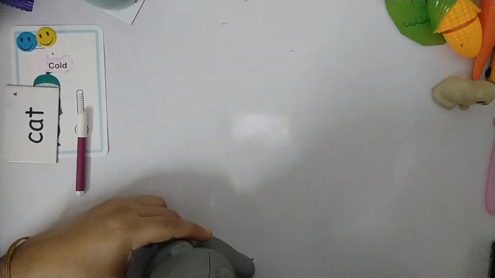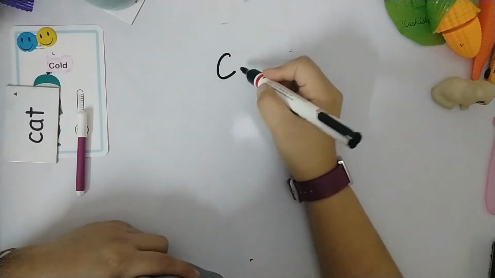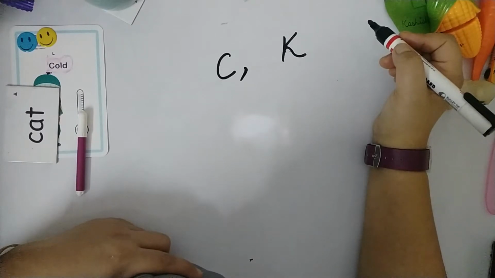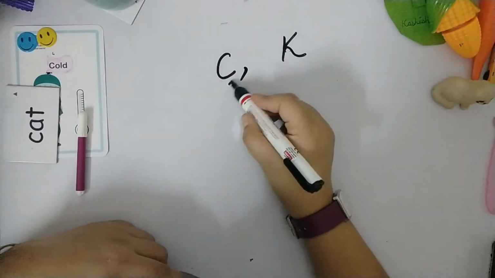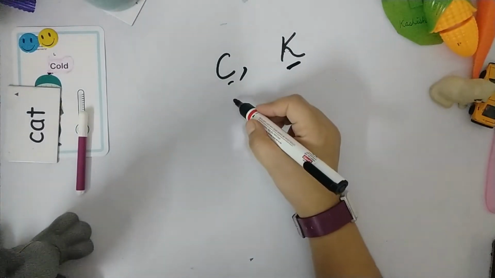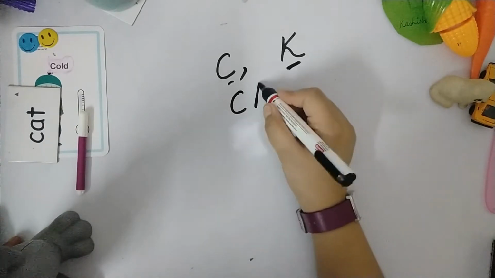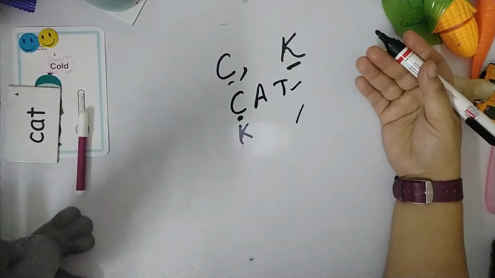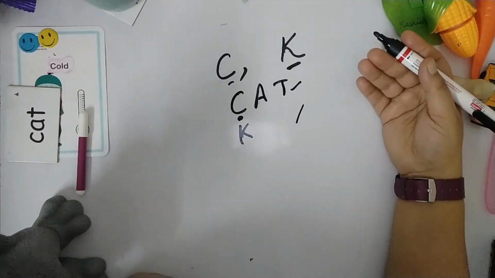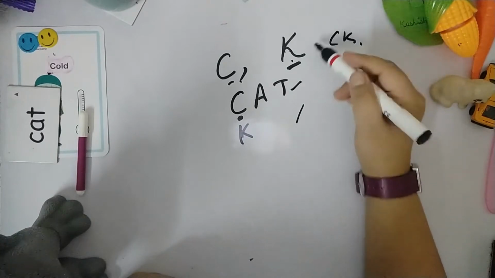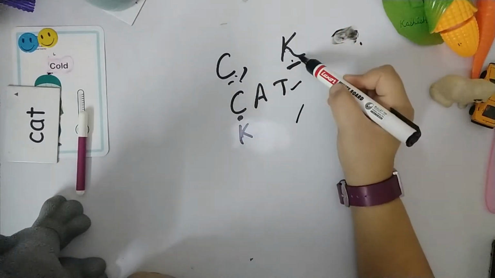So our today's topic is where we can use C and where we can use K in our spellings, because if we talk about toddlers, they often get confused about which spelling they have to use C and which spelling they have to use K. For example, if we talk about the word cat, the toddler doesn't know whether cat starts with CAT or KAT. Maybe they can cram it because it's an easy word, but when we talk about some complex spellings, some 4-letter, 5-letter, 6-letter words, then they get confused whether to write C, K, or CK.